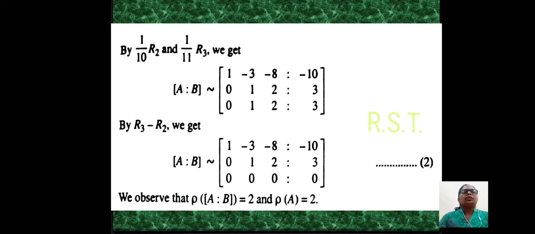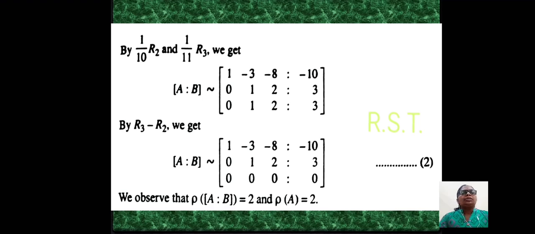Here in this augmented matrix [A : B], the leading element is 1. Below the leading entry there are zeros. The number of zeros is increasing in order, and the row in which all elements are zeros is lying in the last position. That means this augmented matrix [A : B] is in row reduced echelon form. We denote it by equation 2.